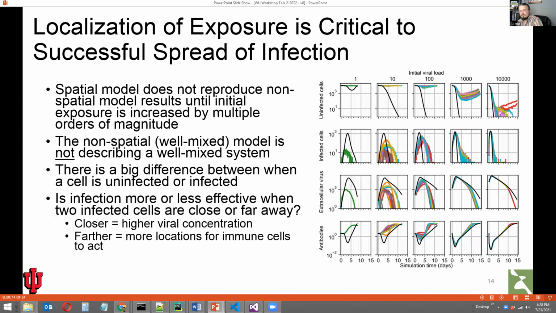And so for this work, we're interested in what sorts of spatial aspects about infection are neglected in the influenza ODE model, what aspects would actually cause the spatial model and the ODE model to strongly disagree.